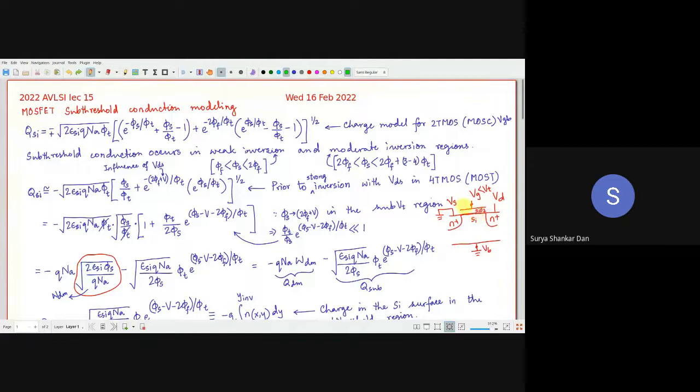Okay. So anyway, I am not going into those details here. So let us just understand that this portion, here, this first bracket, this first term corresponds to the variation of the holes which are already there in the substrate. So remember one thing, that this part is the p silicon.